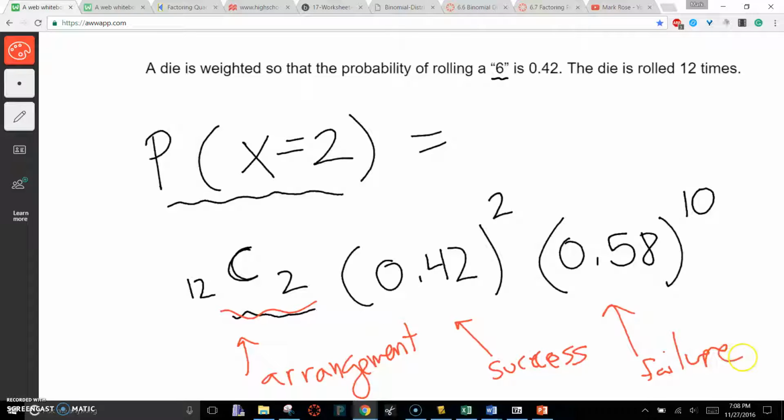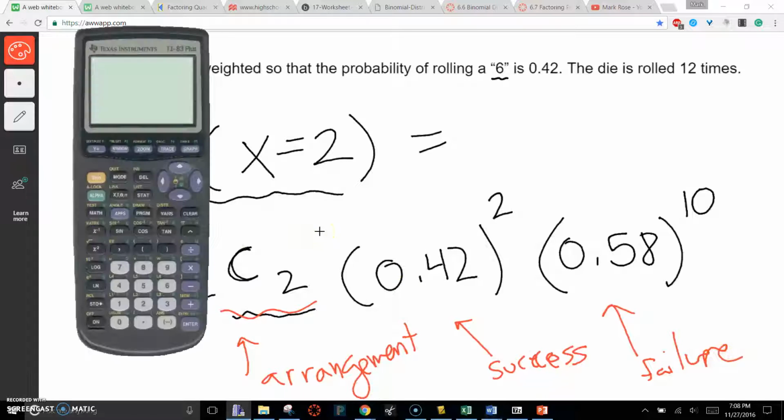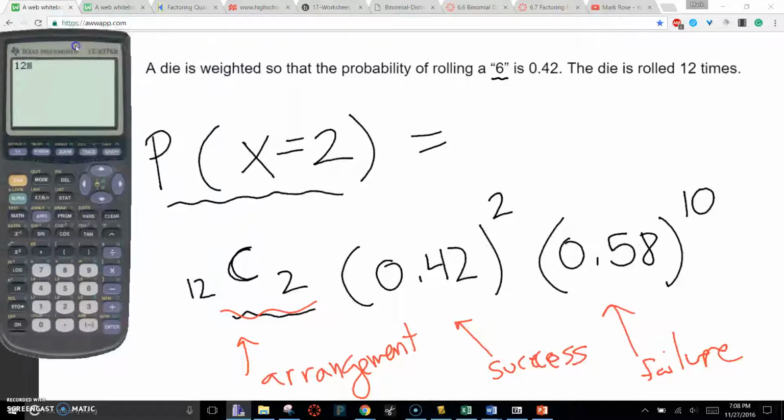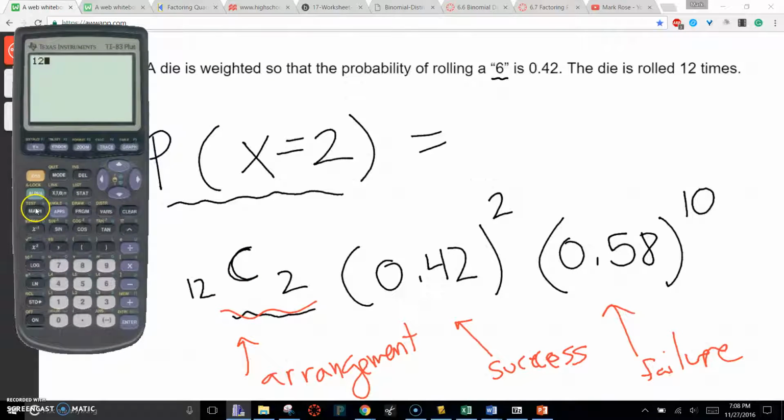Let's see how we would get this all in. So I'm going to take out my graphing calculator, and I'm going to type in 12, because that's the first thing in my arrangement. If you want to find this combination tool on your calculator, it's under Math, under Probability, and it's combinations, not permutations. We would have 2. And then we want to times that by